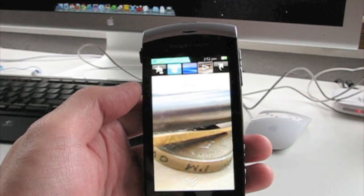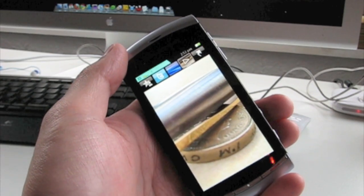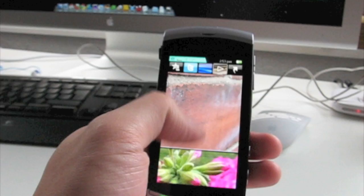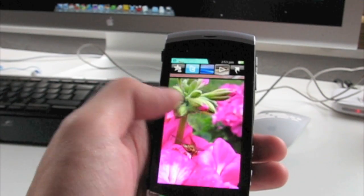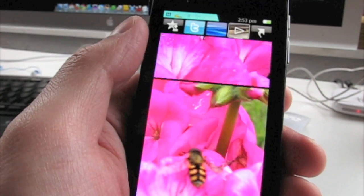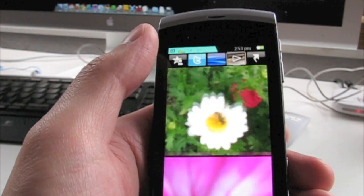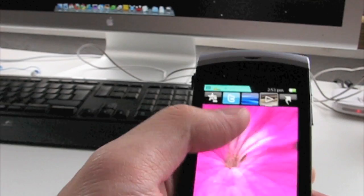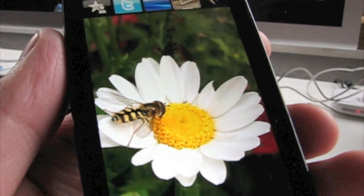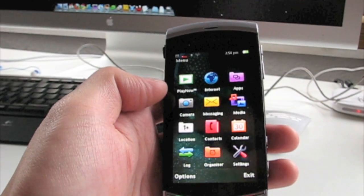So if I just flick through on the home screen, there's a shortcut for viewing images. You can see some of the macro shots on there. Very detailed, very clear, and very sharp and focused. Well, it really blew me away with the macro shots, and these are up close shots of a wasp on a flower, which I was able to take in the back garden, and the detail that you can see from the close-up shots is just incredible. This is a camera phone and it's capable of achieving what high-end dedicated cameras are able to achieve. So we'll go into the camera,